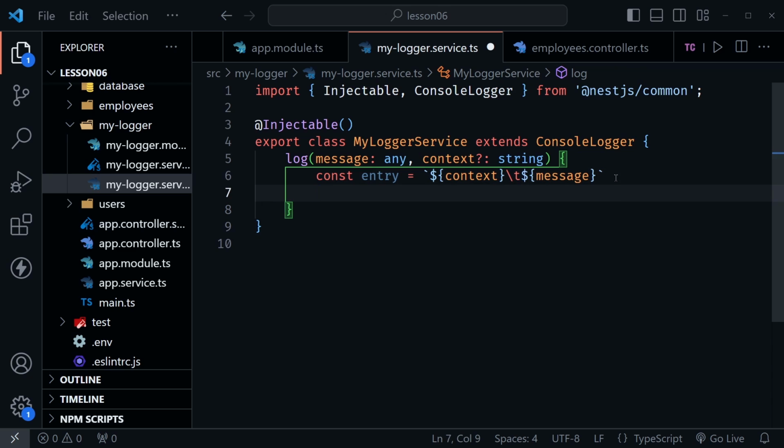So after that, here I'm going to call a method that's actually going to record that entry into that text file, but we haven't written that method yet. So here we want